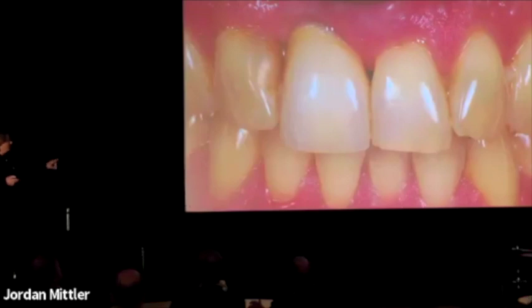And also, let's analyze 8 to 9. What do we see? We see 9 has a smaller width than 8. Is that natural? Absolutely. You'll see it all the time. 0.5 millimeter difference between widths of 8 and 9, all the time. You'll also see up here,